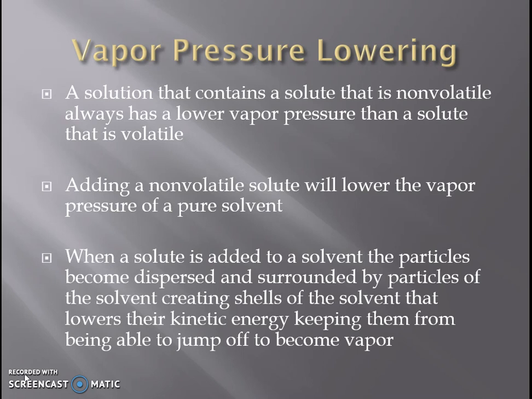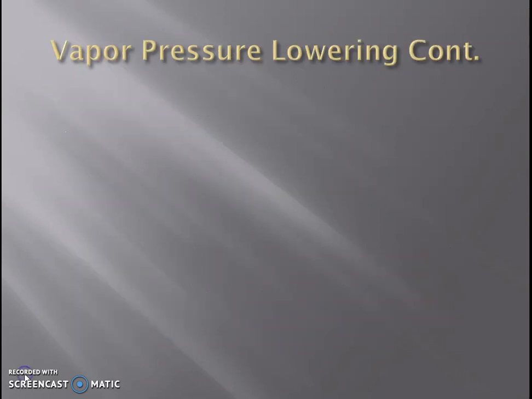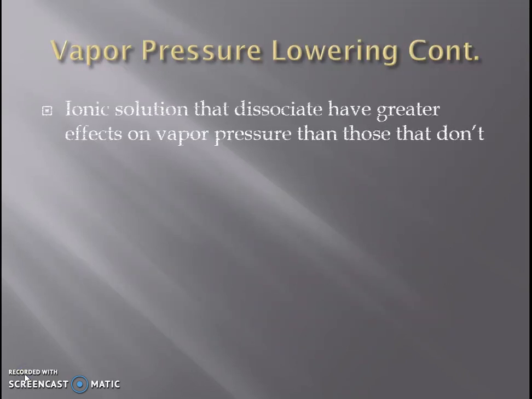And again, that's because as those particles dissolve in, looking at maybe water, those water molecules are attracted to that non-volatile solute, and they create that kind of shell around that non-volatile solute. Now they're kind of holding them together, enhancing that bonding going on between those different molecules, and therefore it makes it much more difficult for those particles to jump off to become a vapor. And if you have less vapor particles pushing down the surface of the liquid, then you have less vapor pressure. So again, that vapor pressure is going to get lowered, especially with ionic compounds,